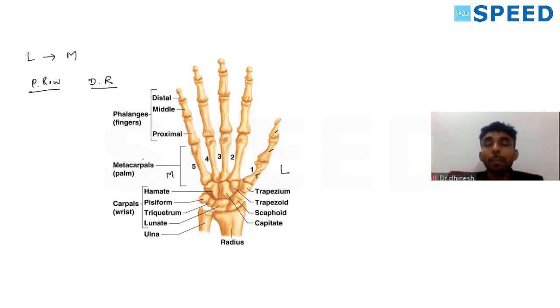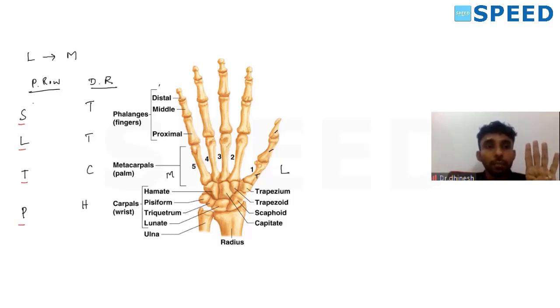From lateral to medial, the 4 carpal bones of the proximal row are, you will be knowing the mnemonic, isn't it? C looks too pretty. Try to catch her. This is the mnemonic usually told for remembering the 8 carpal bones in order. So when I move from lateral to medial in the proximal row, see the diagram, we have 4 carpal bones. The mnemonic is C looks too pretty.